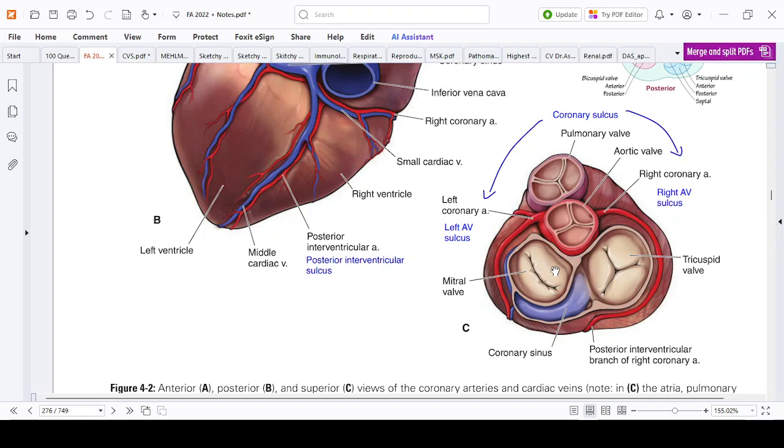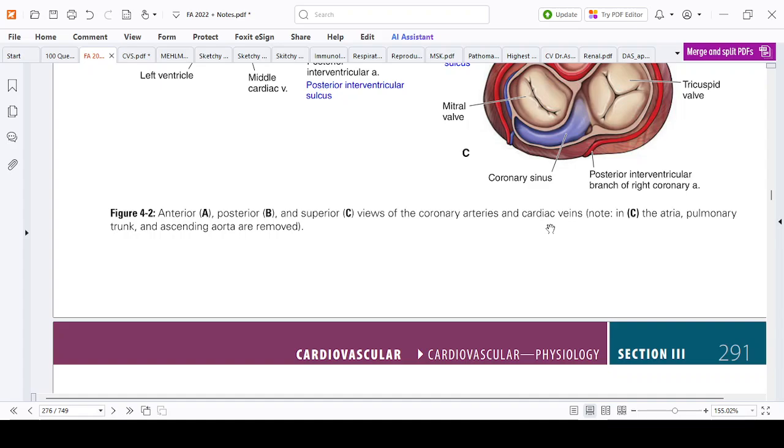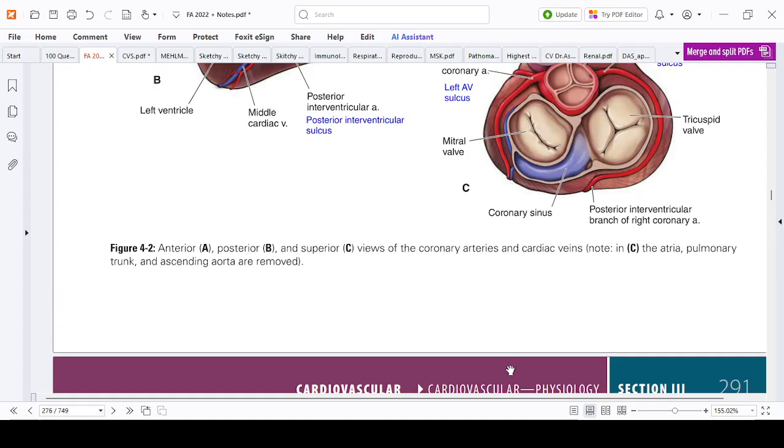This was about the anatomy of the heart, and in the next section we will be discussing the physiology of the